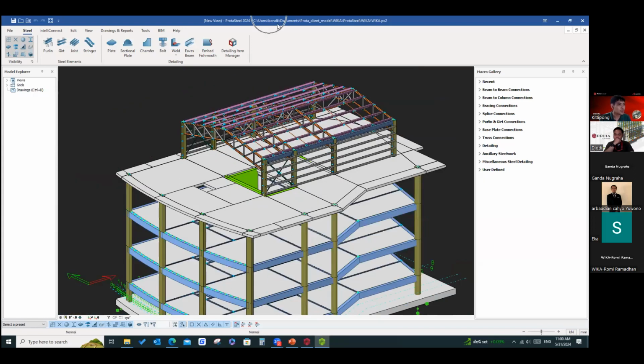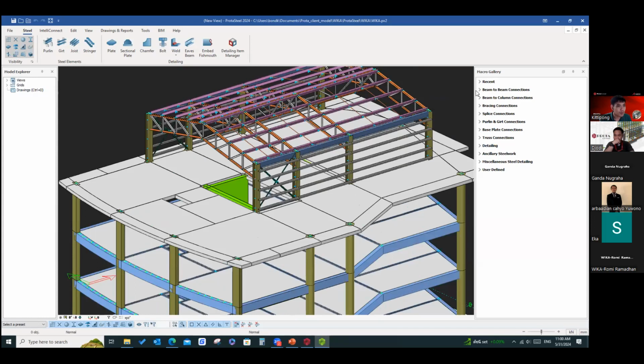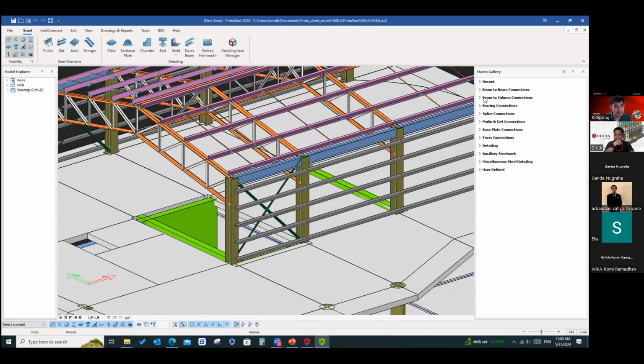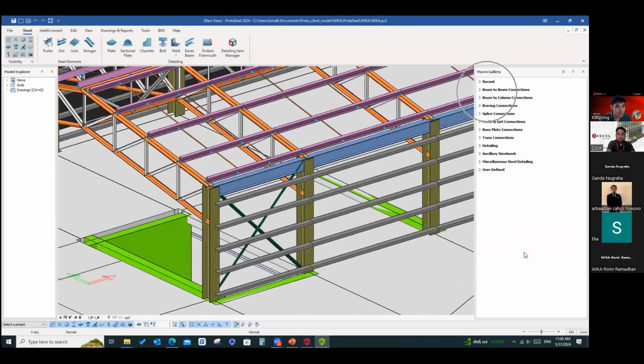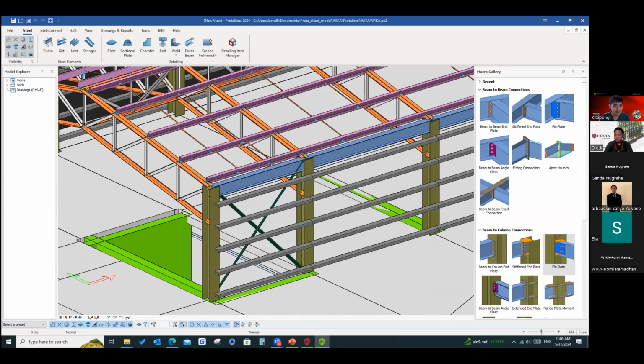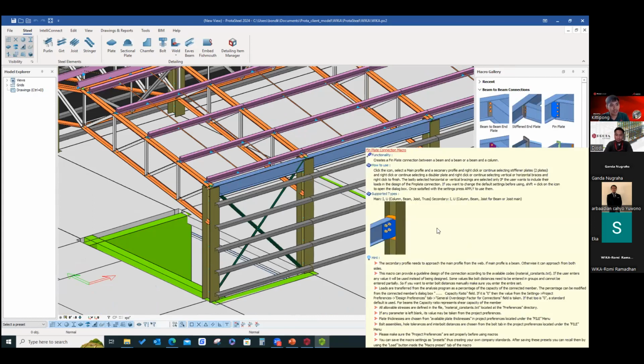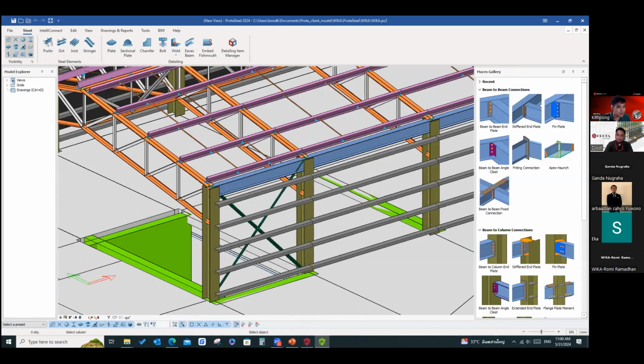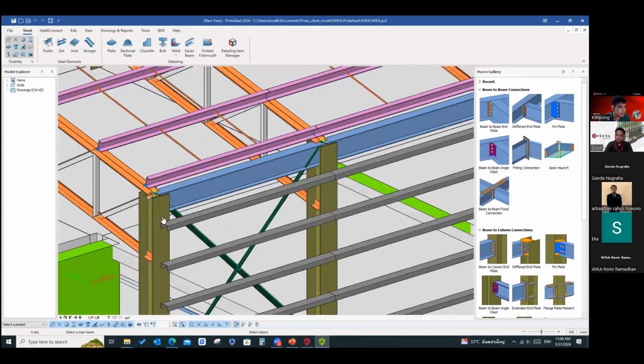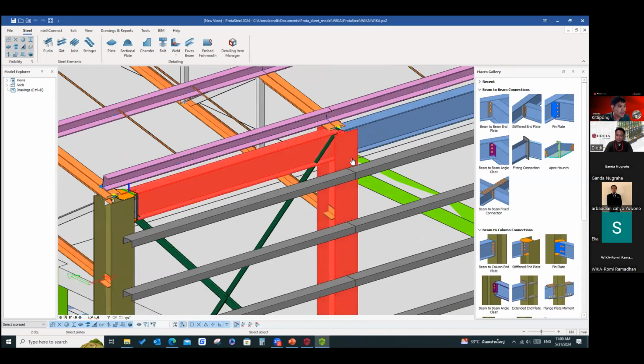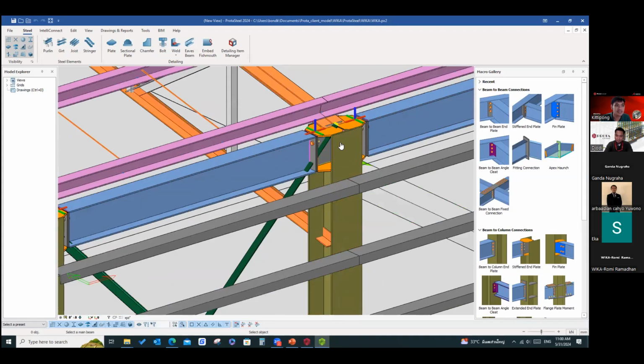This is Prota Steel. For Prota Steel, there are macros like this, beam to beam connection, beam to column connection, and as I said, it only supports H-beam, I-beam, and C-channel. How to use is quite easy. You just select the macro and select the main part and the secondary part like this.